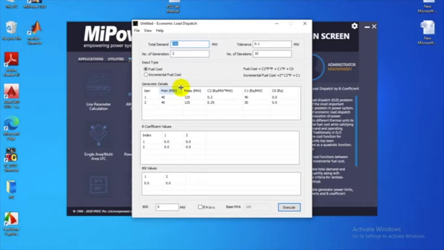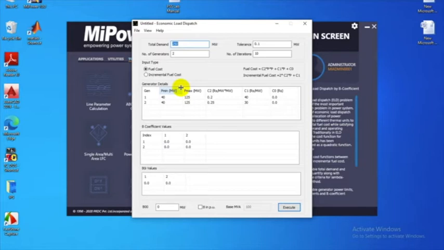Once you go through the problem, it depends on the cost equations. If there are 3 cost equations, there are 3 generators. If there are 4 cost equations, there are 4 generators, and so on. For each generator, you should know the minimum load as well as the maximum load, and the total load demand will be given. So the aim is to run these generators in such a way that we reduce the cost to a minimum, by choosing different combinations to meet the overall total load demand.